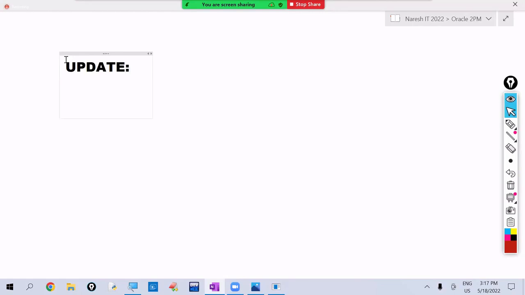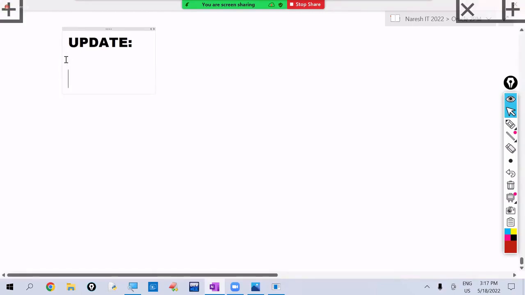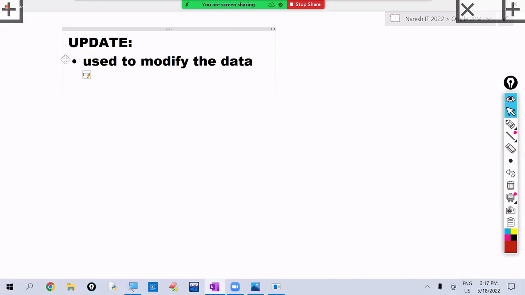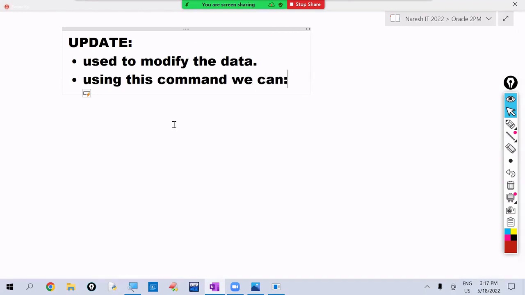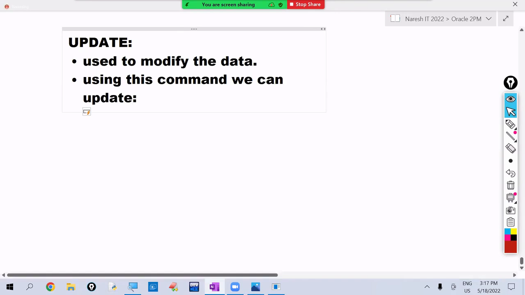Next command is the update command. This update command is used to modify the data. Update means modify. If we want to modify the data, use the update command. Using the update command, we can update